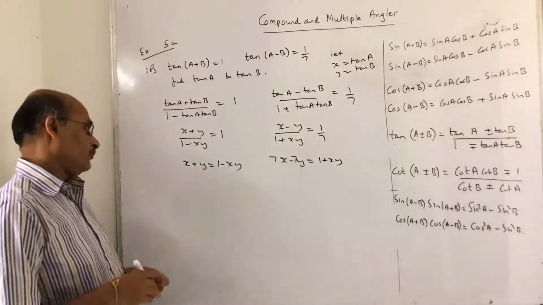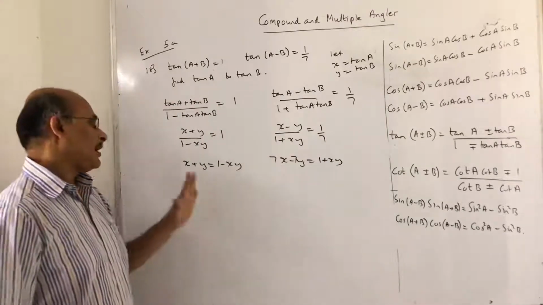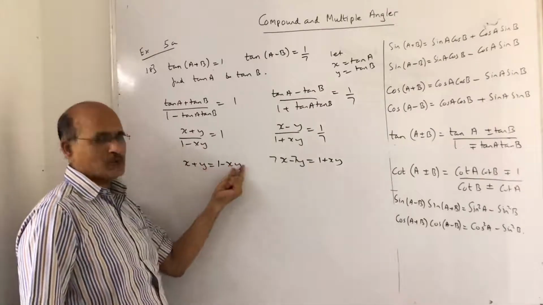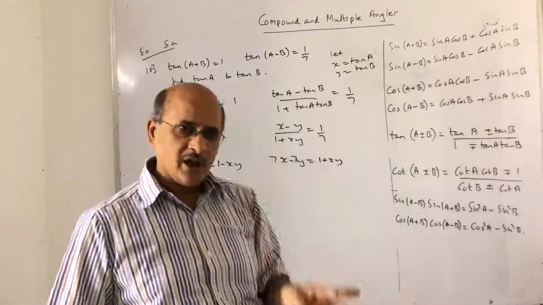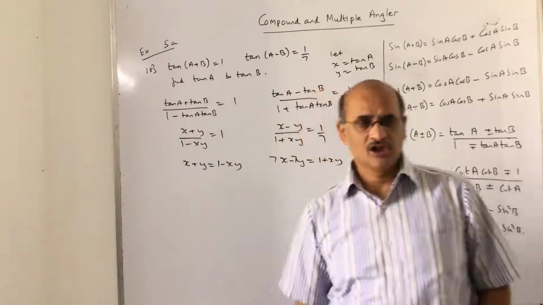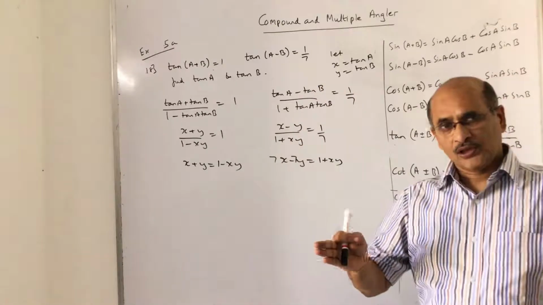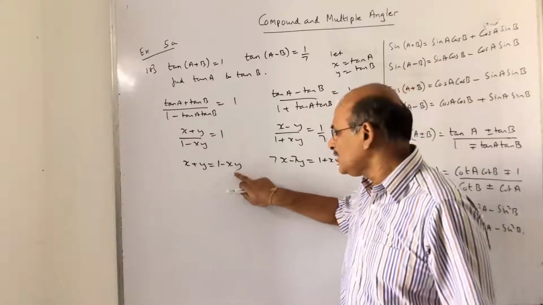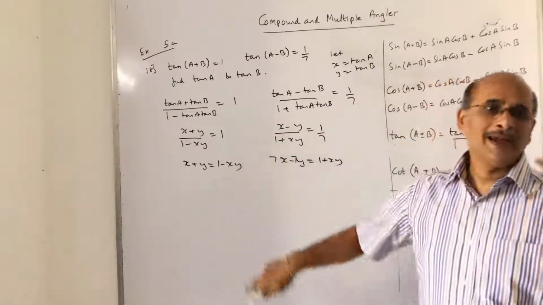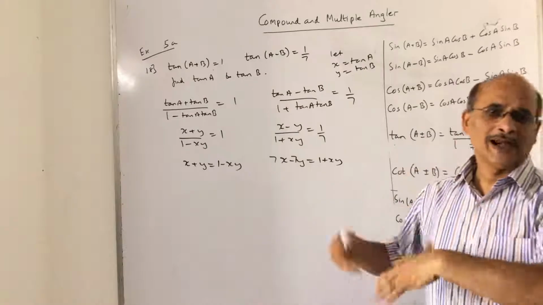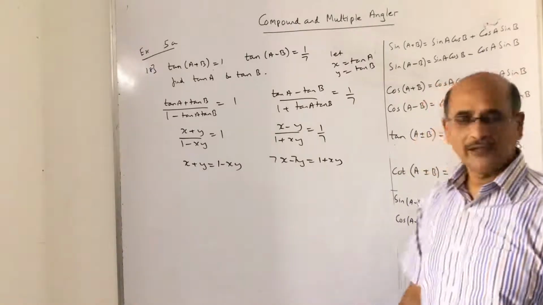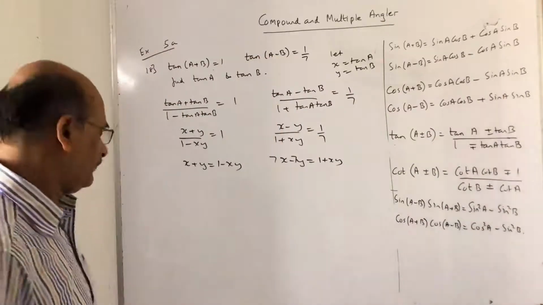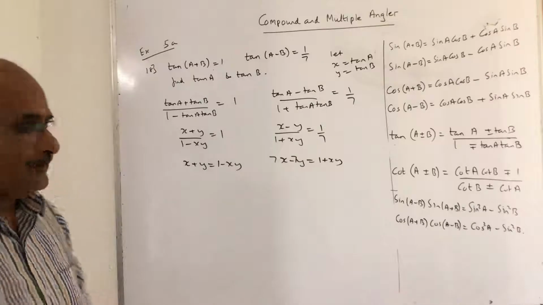Now, there is a challenge. There are two equations, but there are three variables. x is there, y is there, xy is there. Remember, if there are three variables, then you need to have three equations. Why do I say three variables? Of course, x and y are the first and second variables. xy is a single term, so that I will consider the third variable. So it's very difficult to solve this by doing simultaneous equations.